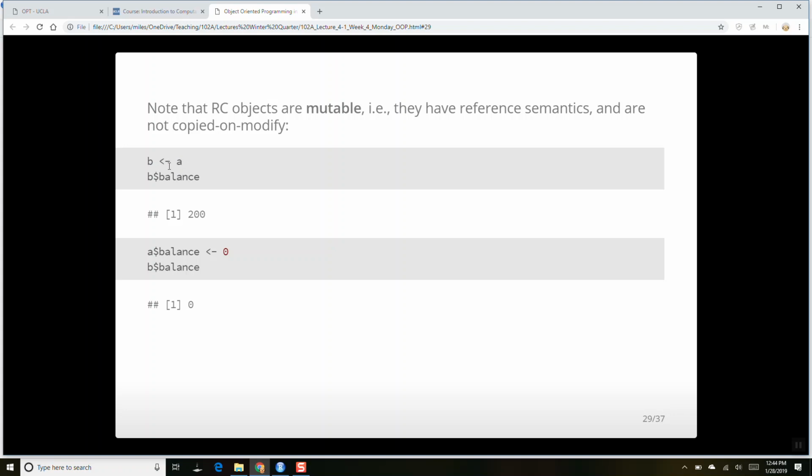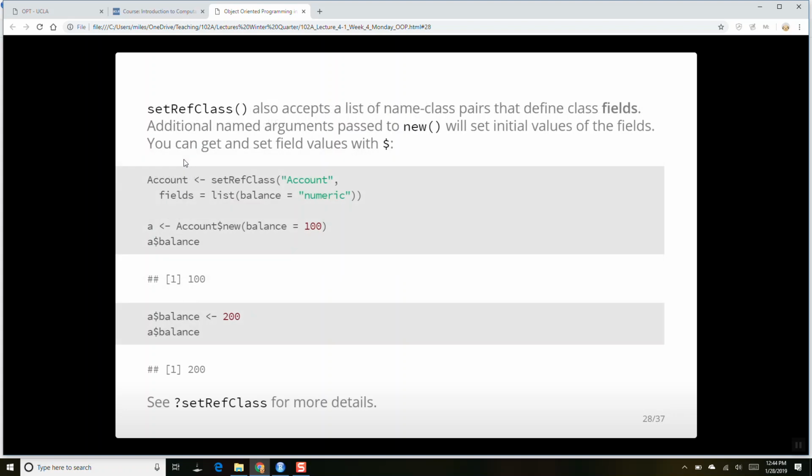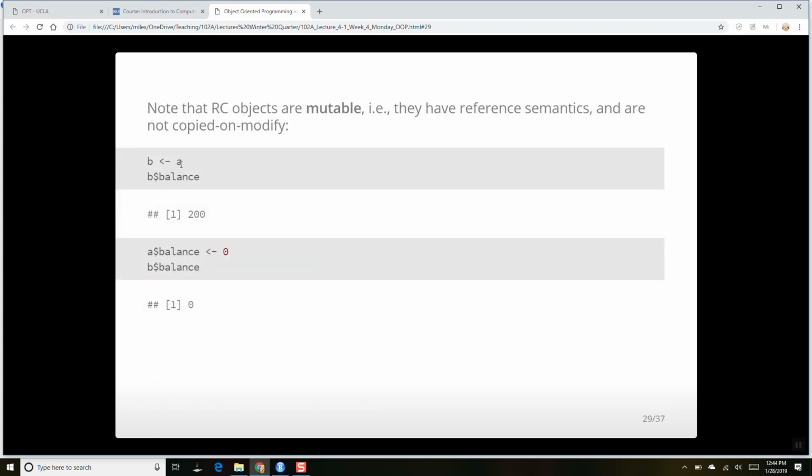Or I mean, this would normally create a copy. So if a was a list where the balance is 200, and I assigned that to b, b would be a copy of that list, and you would have one list over here where the balance is 200, one list over here where the balance is 200. You change this list's balance to 0, this list's balance is unaffected, okay?